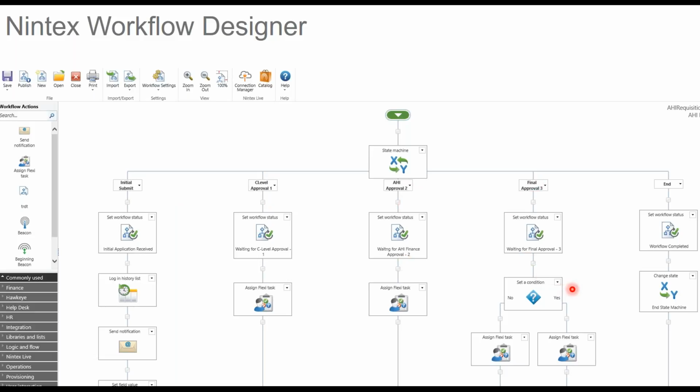Now remember, we had a condition down here where it was greater than $10,000 or not. If it was greater than $10,000, we assign what's called a flexi task for approval to the one person. If it's $10,000 or less, then we go to another individual. And then in the end, we end in the right-hand branch.